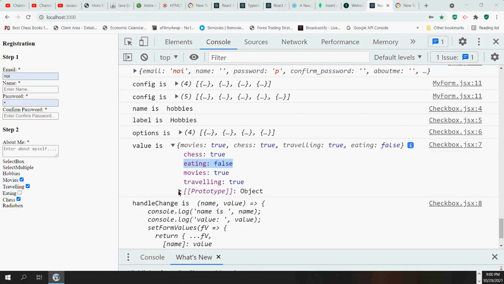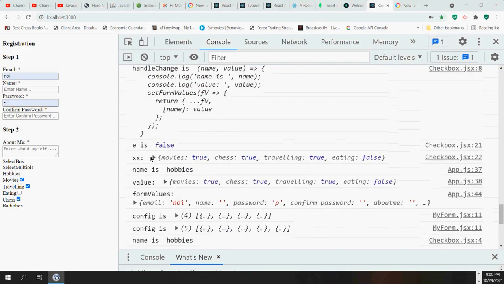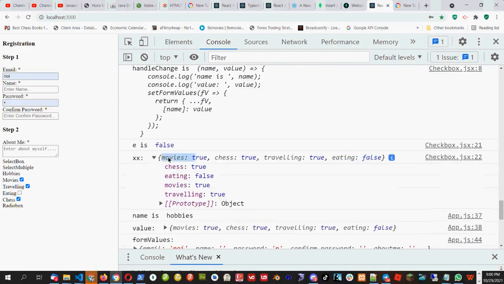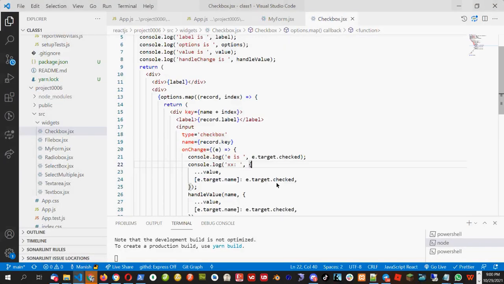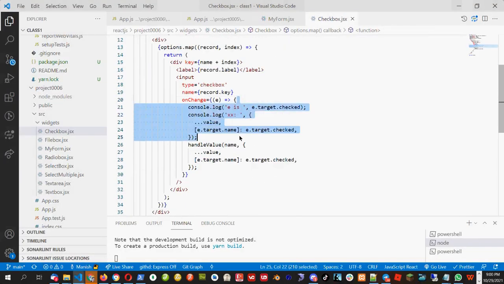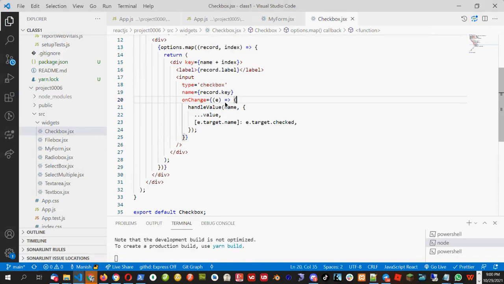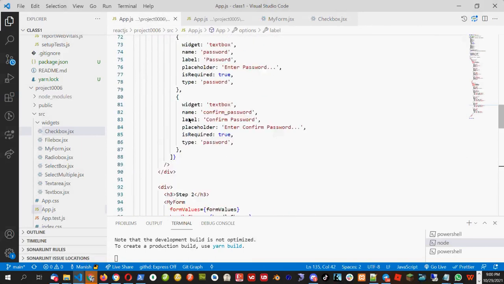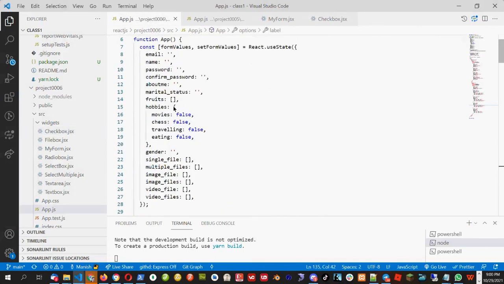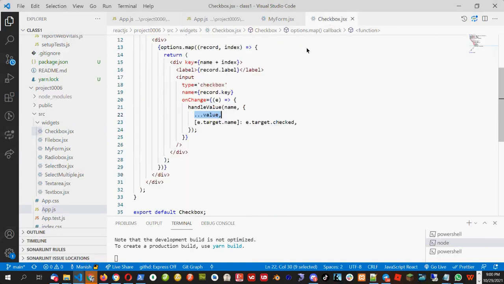In the x-axis, you will see I am getting eating false. So this one and that one are the same. So what we did, we call the name is the hobbies, and we took the previous value. The previous value is what I am passing here in the form. I am passing the previous value and I update it with the new value which I get when the user checks